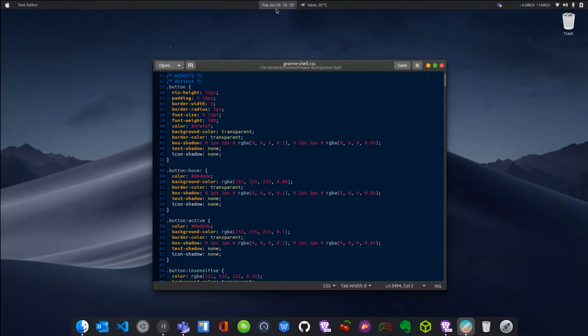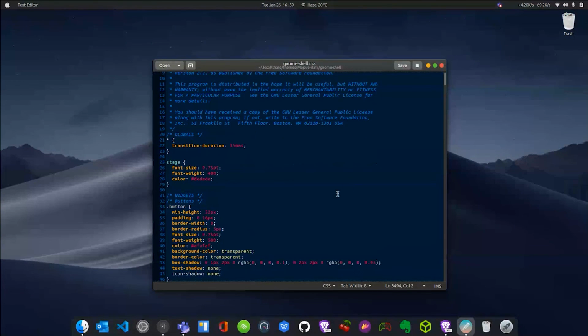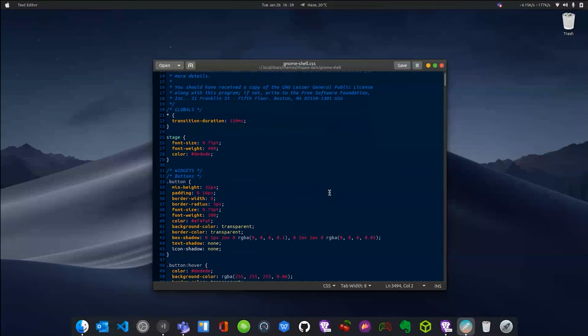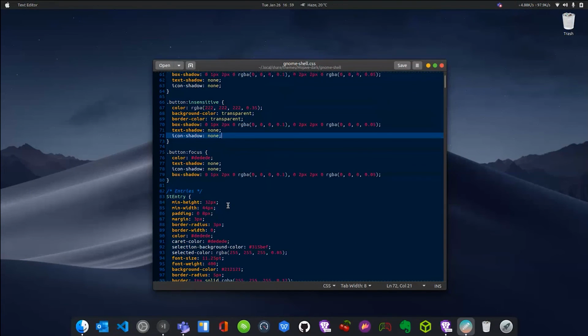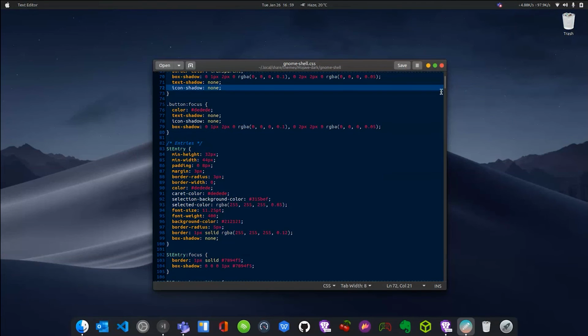So if we need to change these, like the color of these or the shadow or the opacity, we can edit this gnome-shell.css file and tweak it accordingly. So here we have separate directions for any active buttons or insensitive buttons. Like we have a lot of options here. And apart from that, I also have,